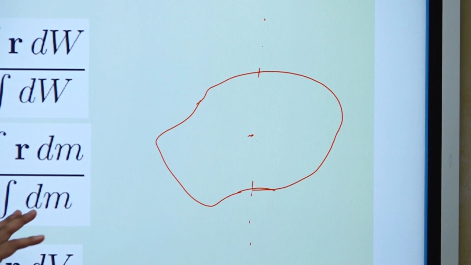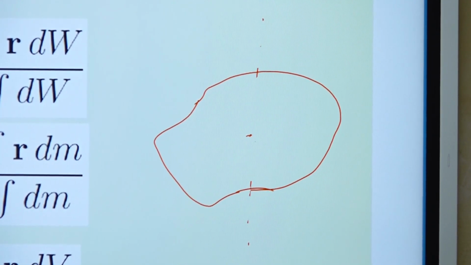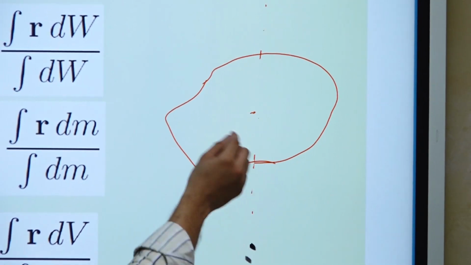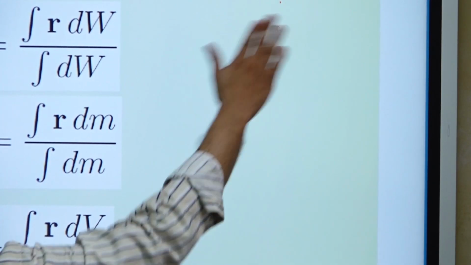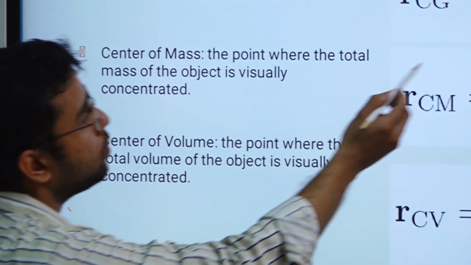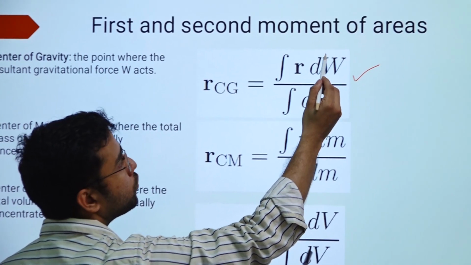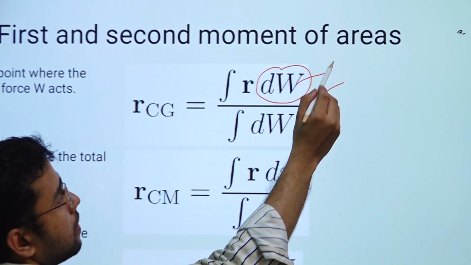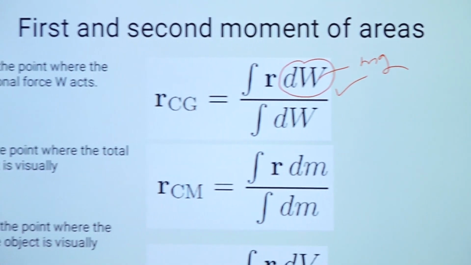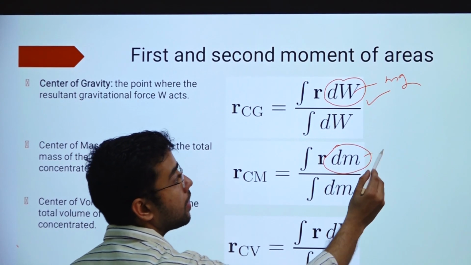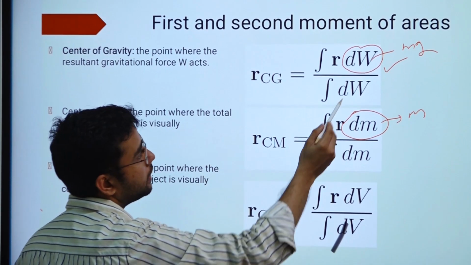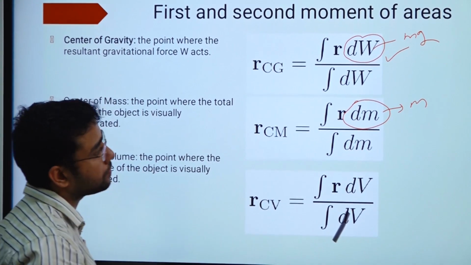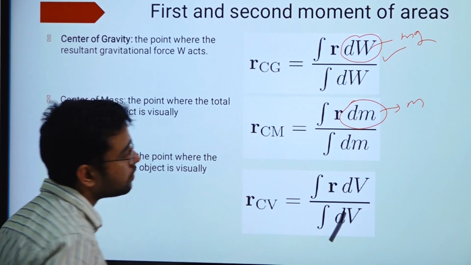Where you can assume this body is acting, here there is no action of gravity, we don't care about gravity here, right? We just assume that it is the center point of the body, right? So the point where the total mass of the object is virtually concentrated, okay. So for center of gravity you have this formula where you are going to use weight, because gravity is there, right? Weight is mg. For center of mass you are going to use only dm, only the mass of the body, okay. So integration of r dw divided by integration of dw. So dw is nothing but the total weight of the body, right? And dm is nothing but the total mass of the body, right?